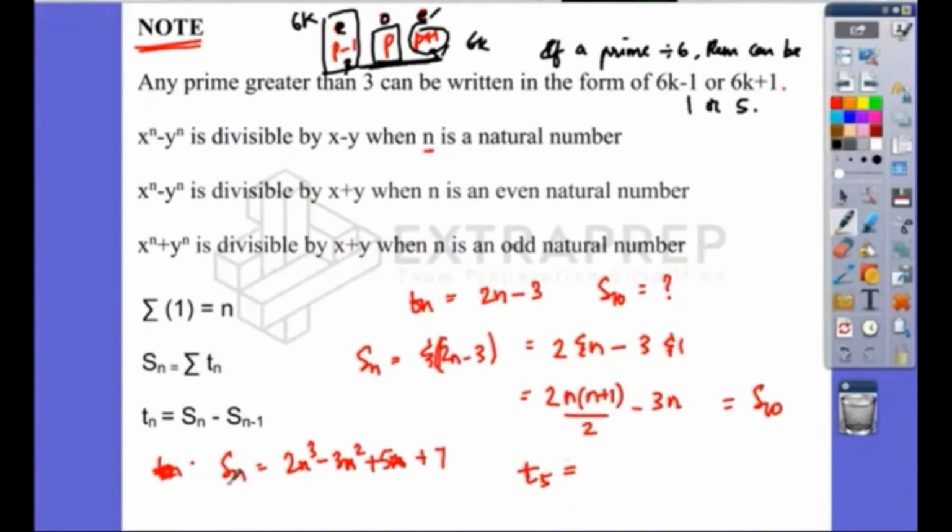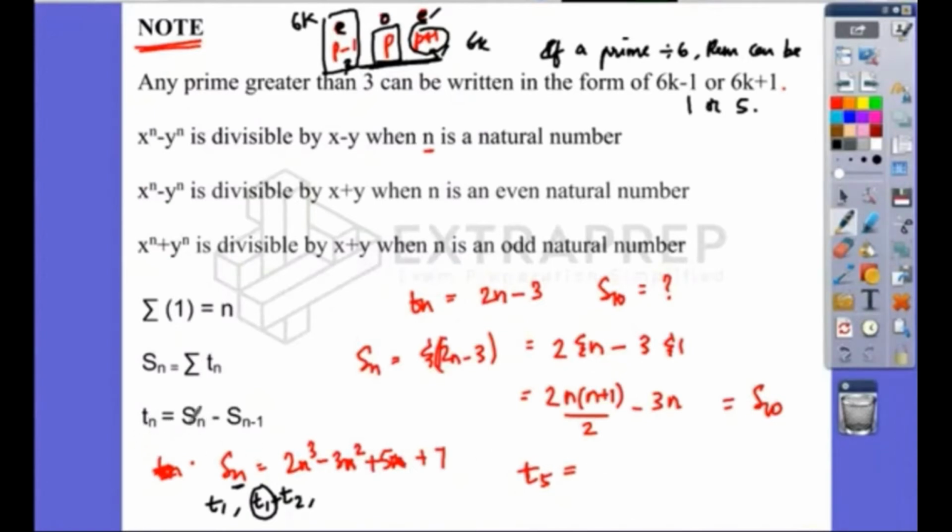First, you'll have to substitute n equals 1 and you'll get the first term. You substitute n equals 2, you'll get the sum of the first two terms, from which you'll have to subtract the first term which we already calculated. When you put n equals 2, you get the sum of two terms, T1 plus T2. Out of this, T1 you already know, you substitute that, you will get the value of T2. You put n equals 3, you're going to get the sum of the first three terms. Subtract T1 and T2, you'll get the third term. It goes on, which is confusing and it takes a lot of time.